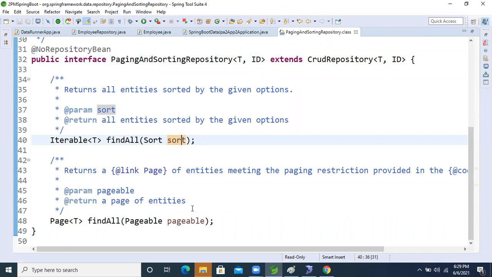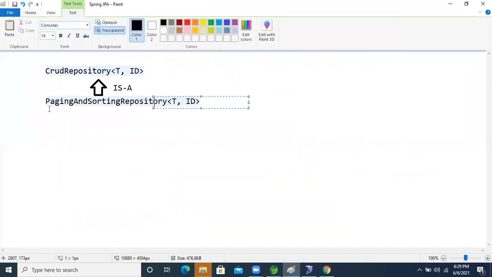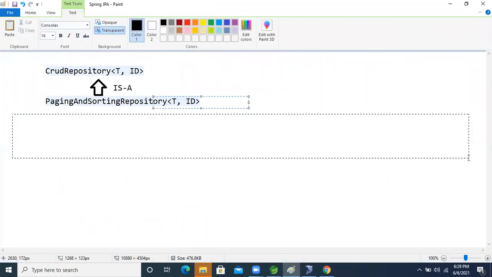So let's move on. First, we will understand the meaning of this interface.